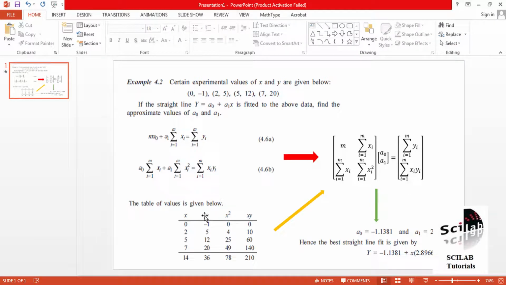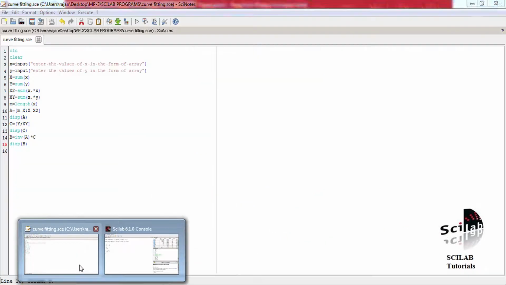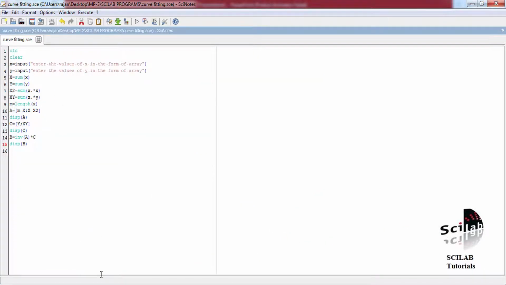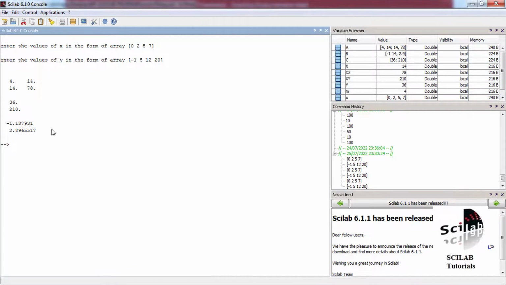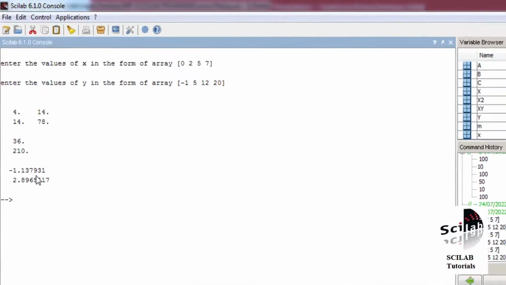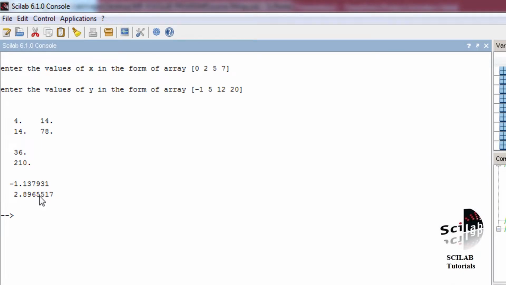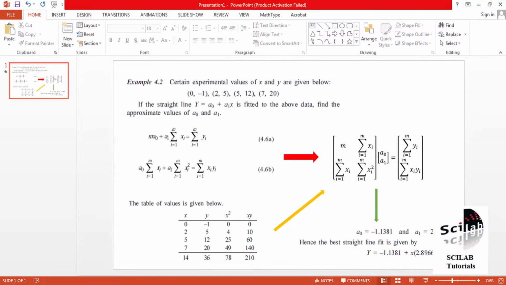Summation yi is 36 and summation xi yi is 210, and as you can see we are getting the same. Now the value of A0 is minus 1.1379 and A1 is 2.8965, and what we are getting here is minus 1.381 and 2.8965. So we are getting a more accurate answer than in the solution of the example which we have picked.